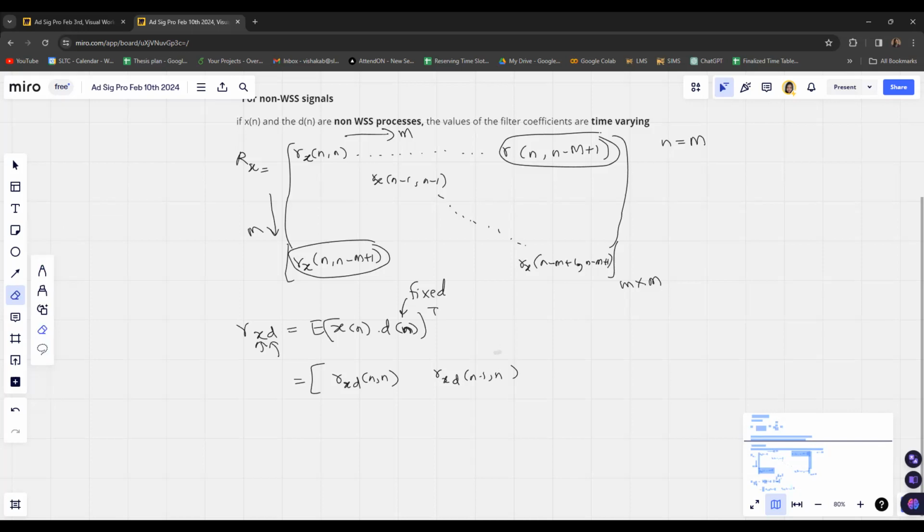So the varying factor is the input signal's time index, the input signal's values. Basically, we are only varying the index of this X signal. This is the vector that we want, the cross correlation between the